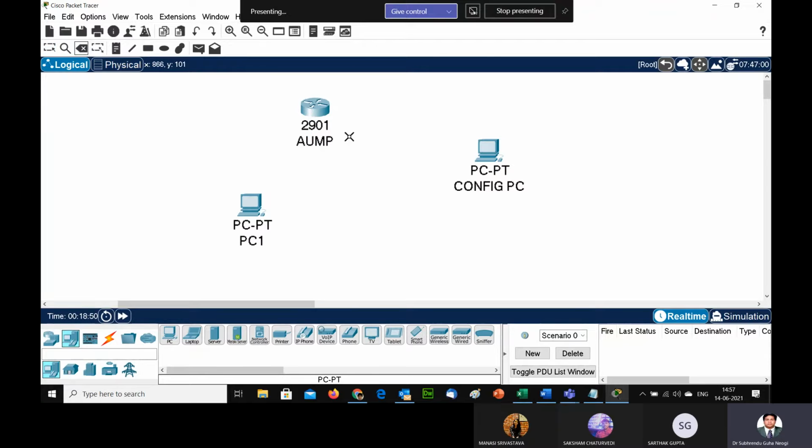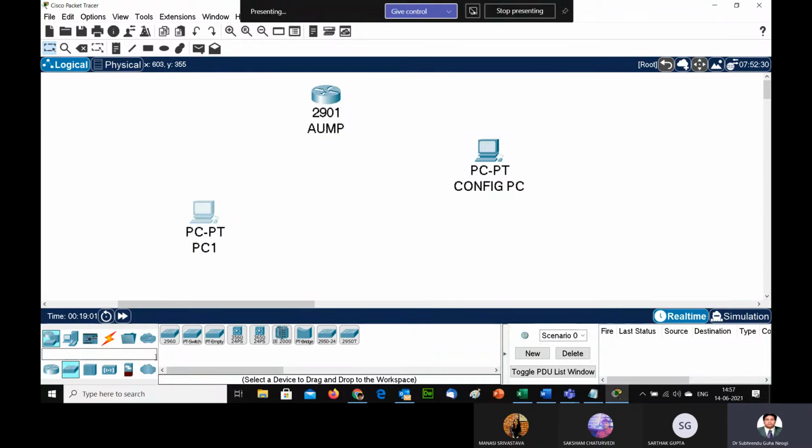Now what we can do is create a very basic topology by connecting this PC to a switch. Whenever we are creating a basic topology, we need to create these connections: we connect the router, then the router with the switch, and the switch with the PC.